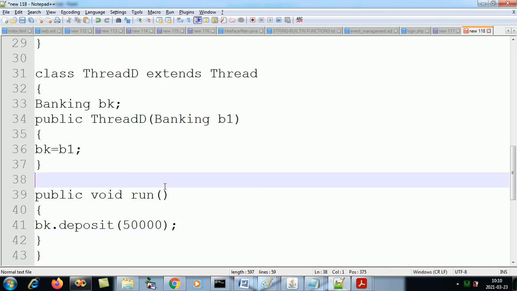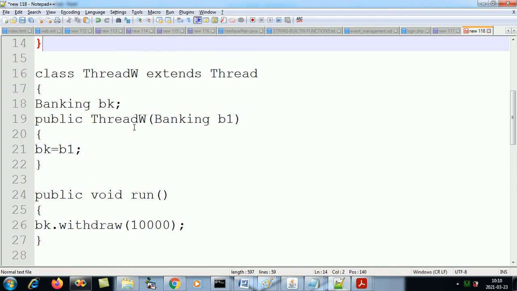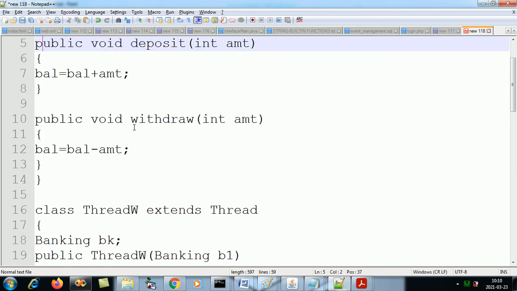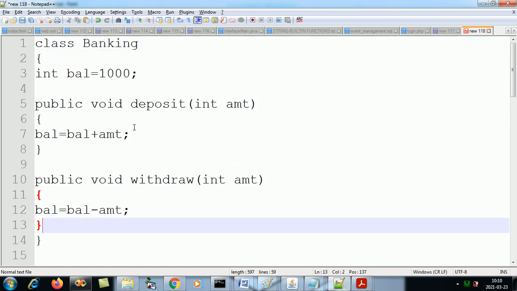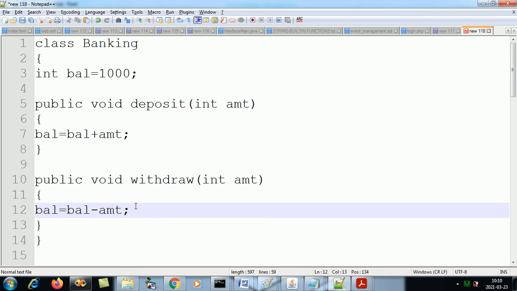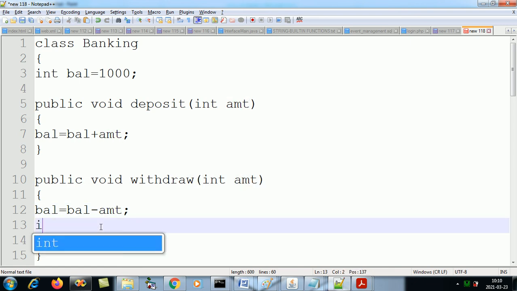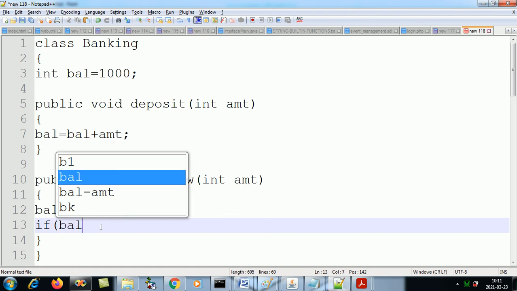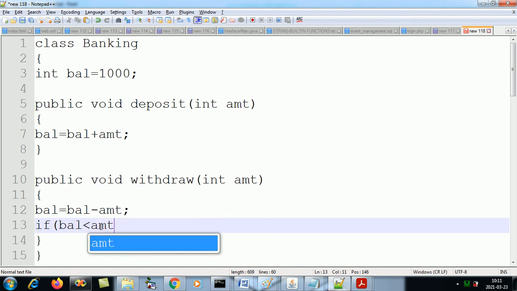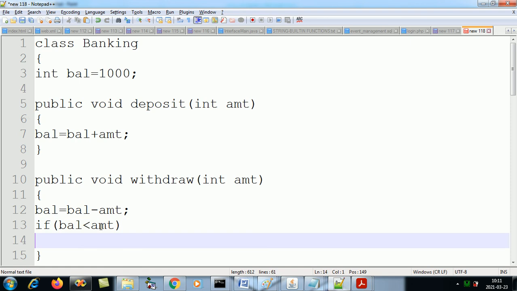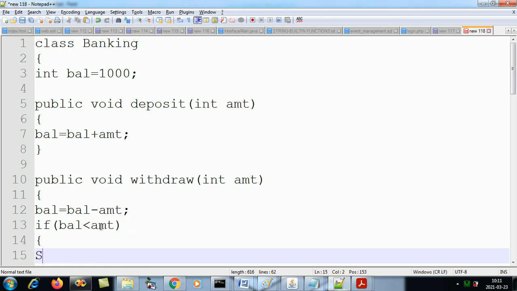Now what we have to check in withdraw is that your balance should be more than the amount you are withdrawing. So if the balance is less than the amount we are withdrawing, then what will we say? Insufficient funds.